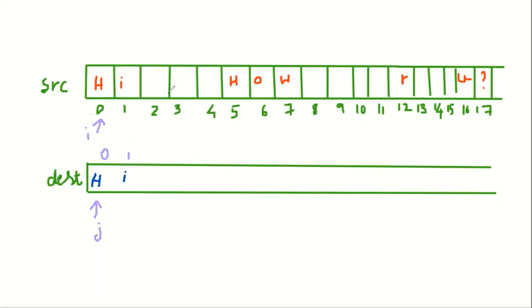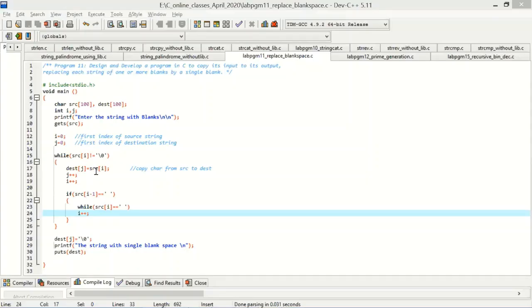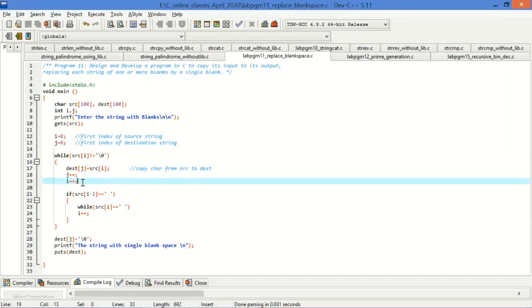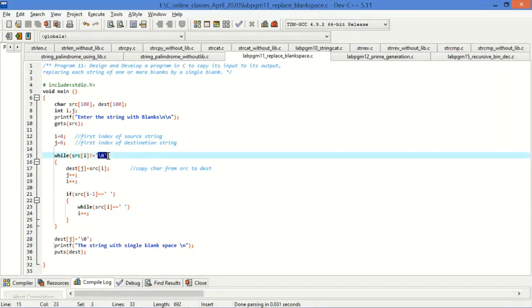Next in our code, if the next one is a blank space, what are we doing? We go one position backward and just iterate the I values. So let us take the code snippet there and then continue. What is the code snippet there? You see here, you copy the content from I to destination of J, keep incrementing I and J. So one space will also get copied until it is not null. You just keep doing it, each and every character, copy it.